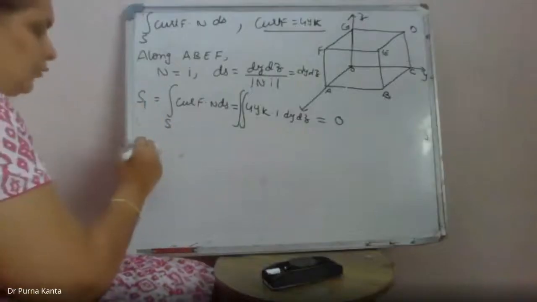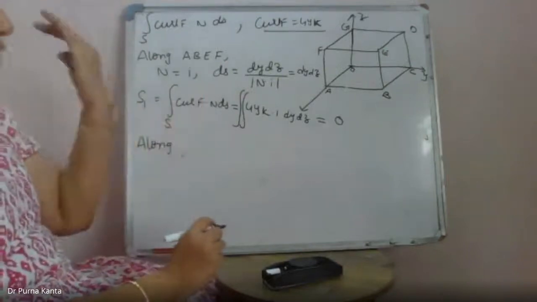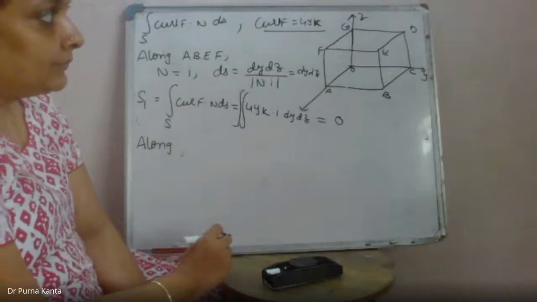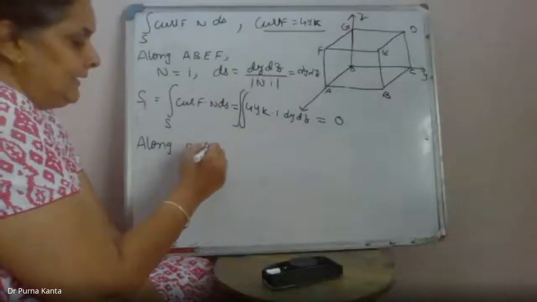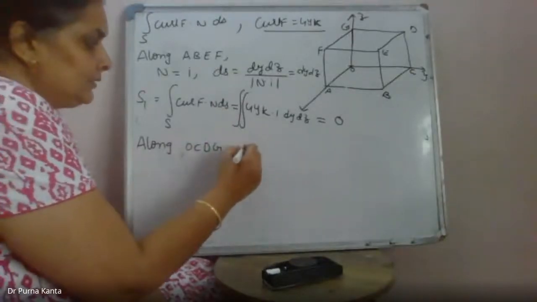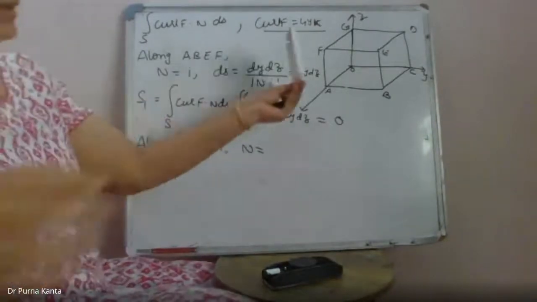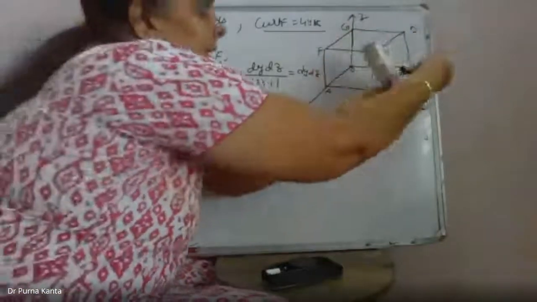Yes, ma'am. Right. Now, what will be the face opposite to this? Along the same x-axis with the opposite face. What will be the opposite face for this ABEF? OCDG. Right, OCDG. So for this, what will be the n value? We have a face like this. The other face is in this direction. So the outward normal will be in the opposite direction.